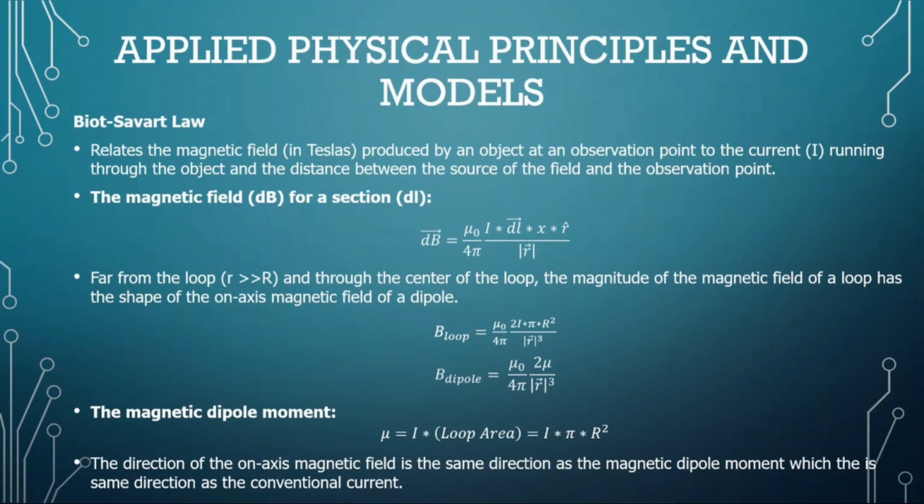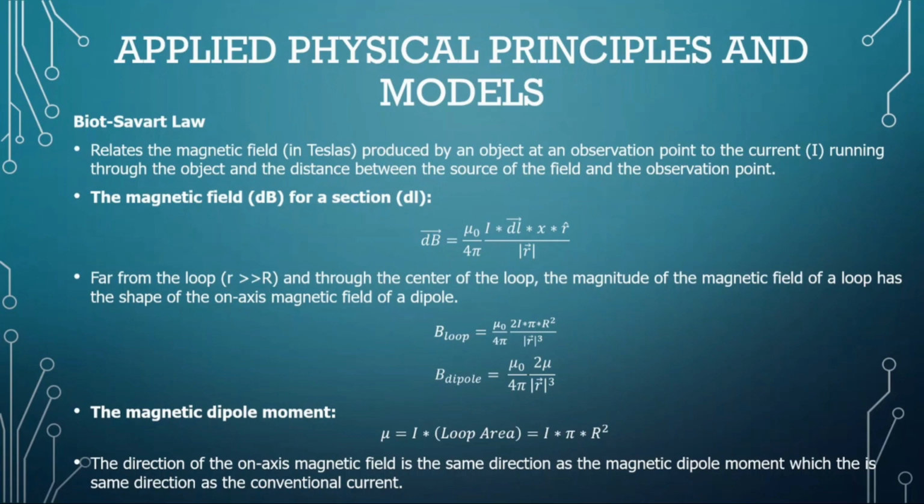The applied physical principles and models are the Biot-Savart law, which relates the magnetic field in teslas produced by an object at an observation point to the current I running through the object and the distance between the source of the field and the observation point. The magnetic field for a section is displayed by this equation here, and far from the loop, where little r is much greater than big R,